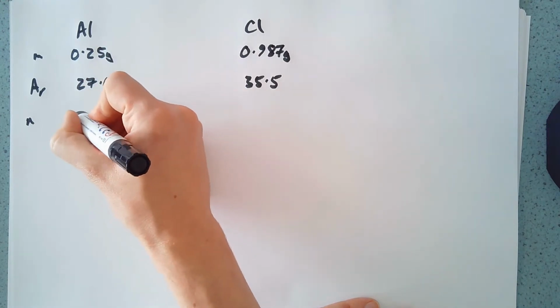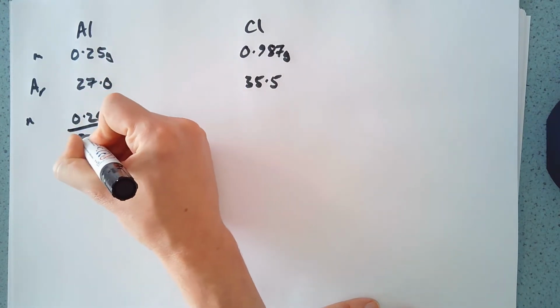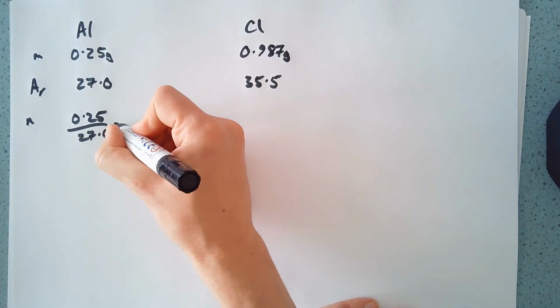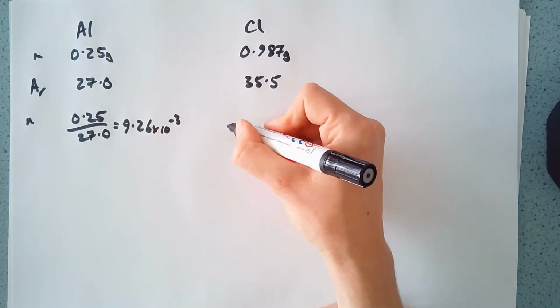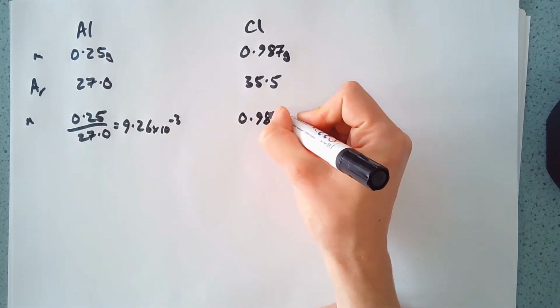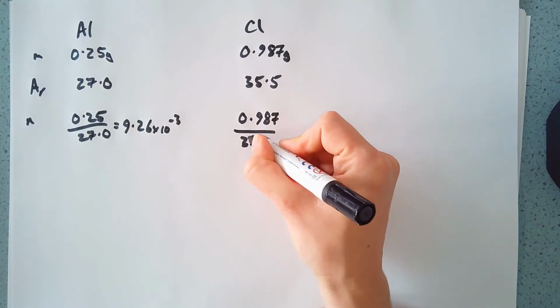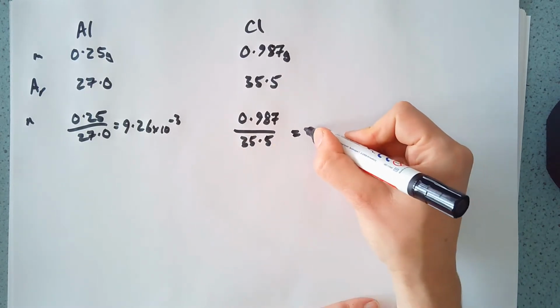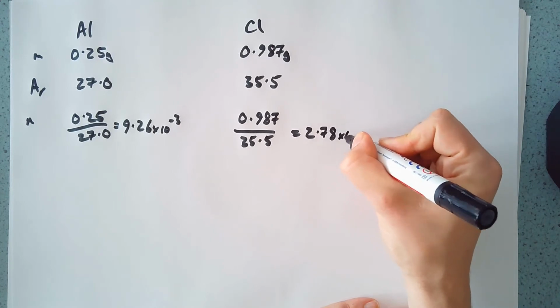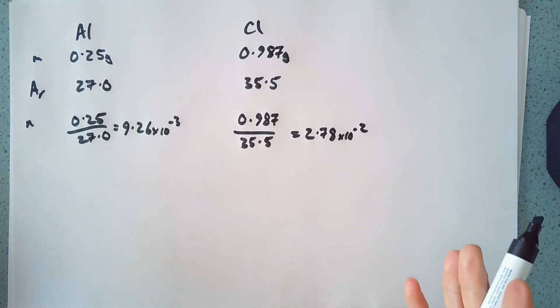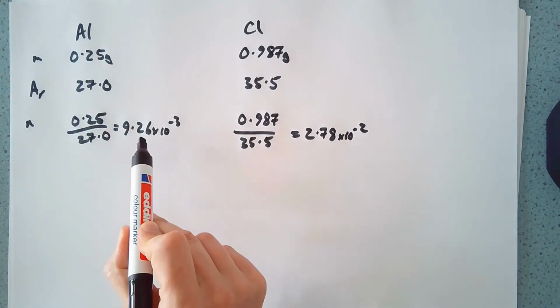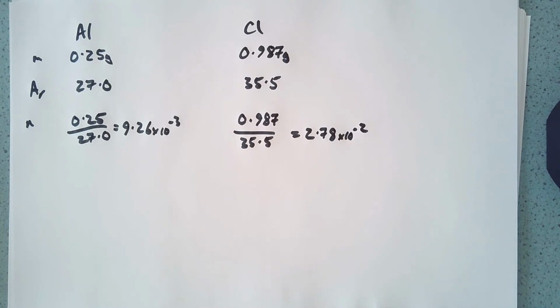We can take 0.25 over 27.0, that gives us 9.26 times 10 to the minus 3, and then over here we would go 0.987 over 35.5, and that would give us 2.78 times 10 to the minus 2. And so we've got different numbers here, and it's not obvious just by inspecting them what's going on, but you can see that this one is definitely smaller than that one. And I would take the smallest number, and we would say, okay, if we want this ratio of moles,